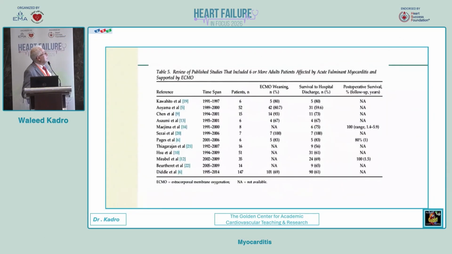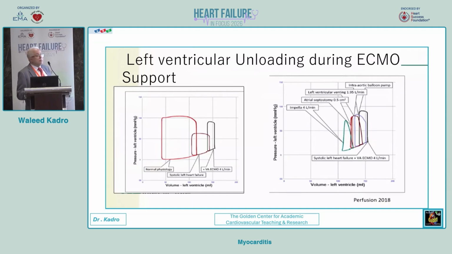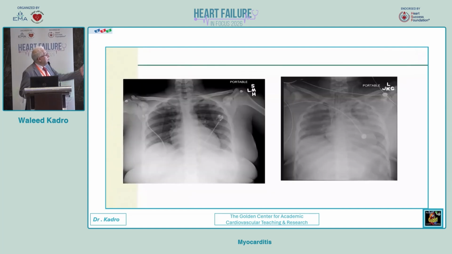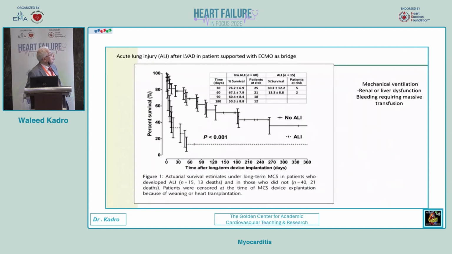So this is the unloading thing. Just remember, if we put the patient on ECMO, although we are resting the heart, we are elevating the pressure inside the left ventricle, so we have to vent the ventricle, either by putting an extra device like the Impella or venting the ventricle. Otherwise, the patient may get acute pulmonary injury. And if we get pulmonary injury, look at the chest X-ray on the other side. When we get pulmonary injury, that means we are doing bad things to the patient, and the mortality will go high.